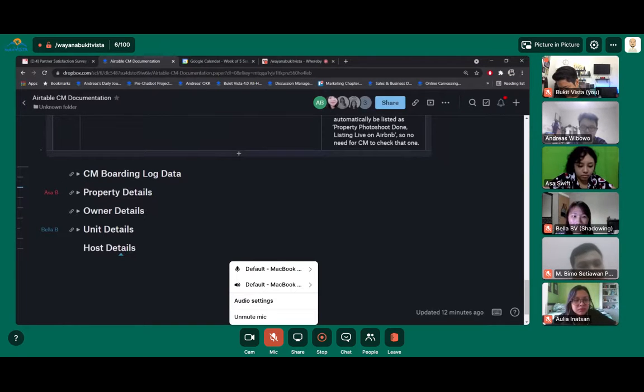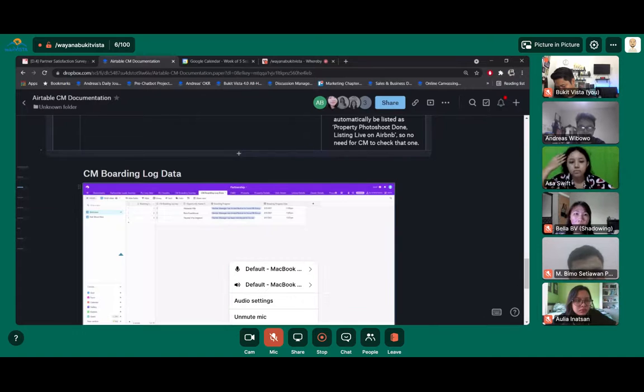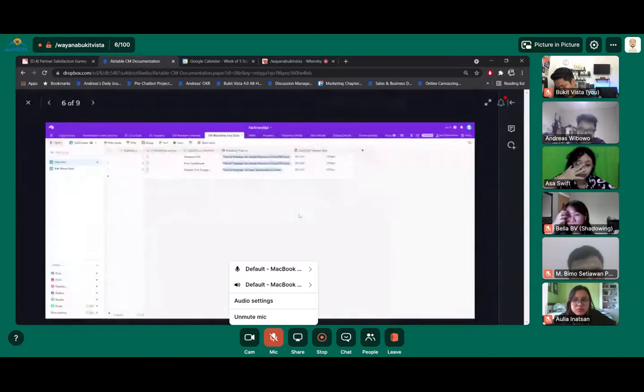The next one is what I've been wanting to show you guys, the CM boarding log data. Don't worry, I have also included the screenshot so you can see the visualization of CM boarding log data as well. Yeah, so it's like this. You can already see every step that you have taken on this boarding journey.